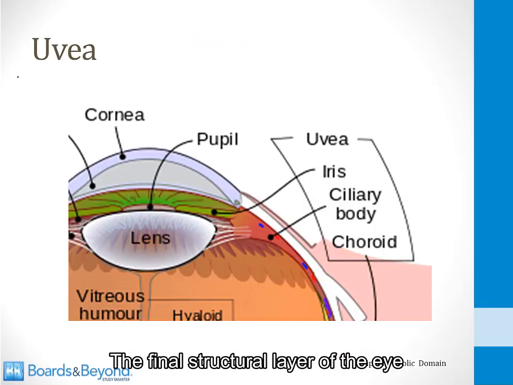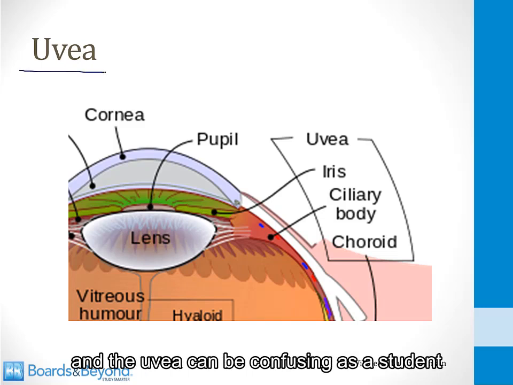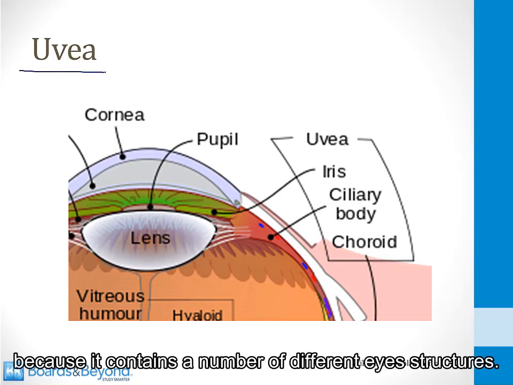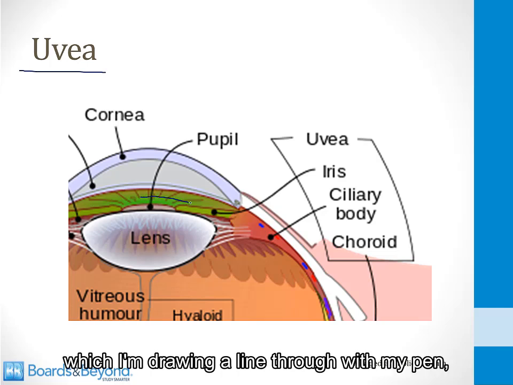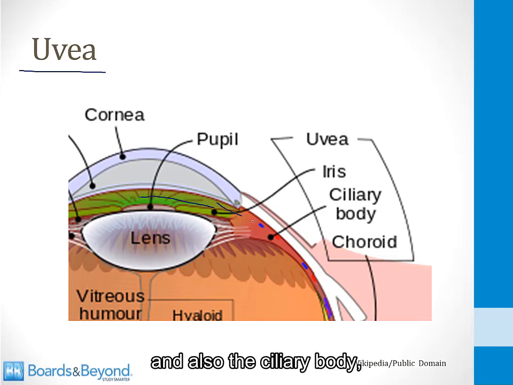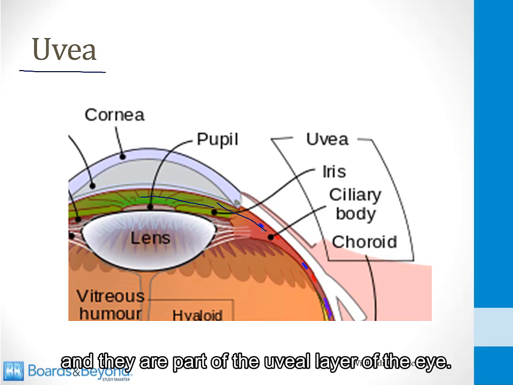The final structural layer of the eye that we'll discuss in this video is the uvea, and the uvea can be confusing as a student because it contains a number of different eye structures. So if you look at this drawing of the front of the eye here, you can see the iris, which I'm drawing a line through with my pen, and also the ciliary body. These are important structures in the front of the eye, and they are part of the uveal layer of the